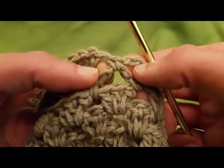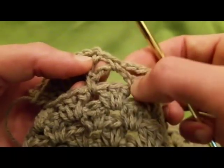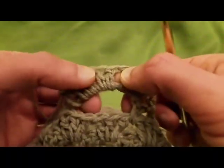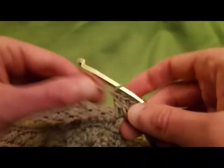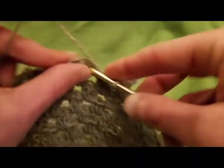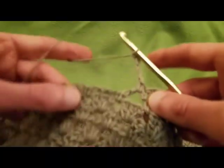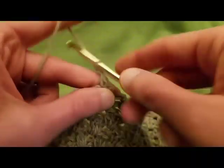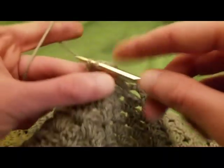Now always be sure that where this connects and you have your single crochet, that you don't mistake this chain 4 arch as one of your doubles. So we've got 4, 6, 8, and 10. Perfect. Single crochet into the next chain 4 arch, chain 4, single crochet into the next, chain 4, single crochet into the next chain 4 space, and then,